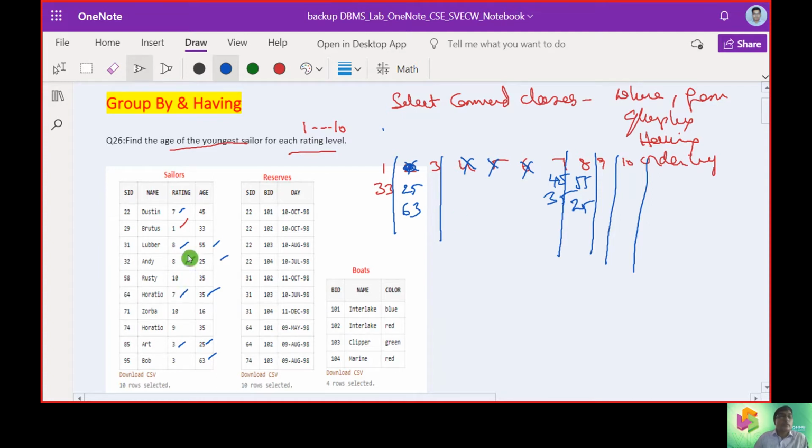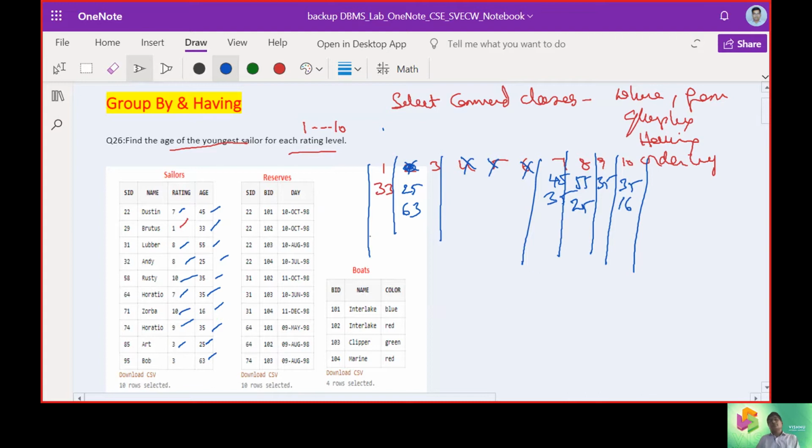Now we check rating 9. The age was 35. So who is pending here? We have taken up 7, and 1 also. 10 is pending. One rating 10 sailor has age 35, and another has age 16.